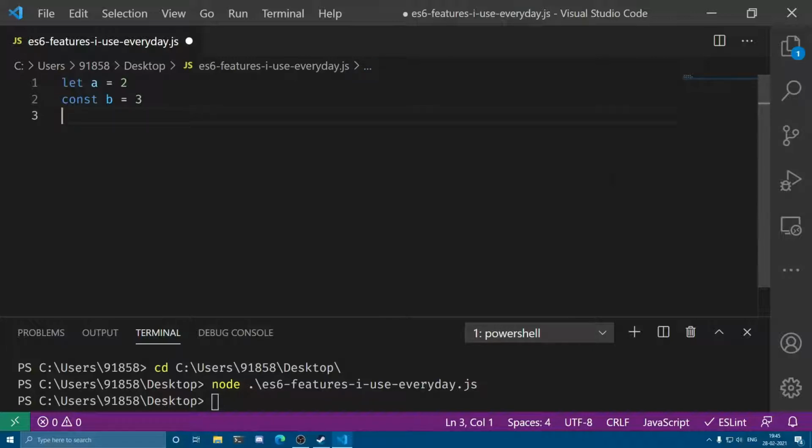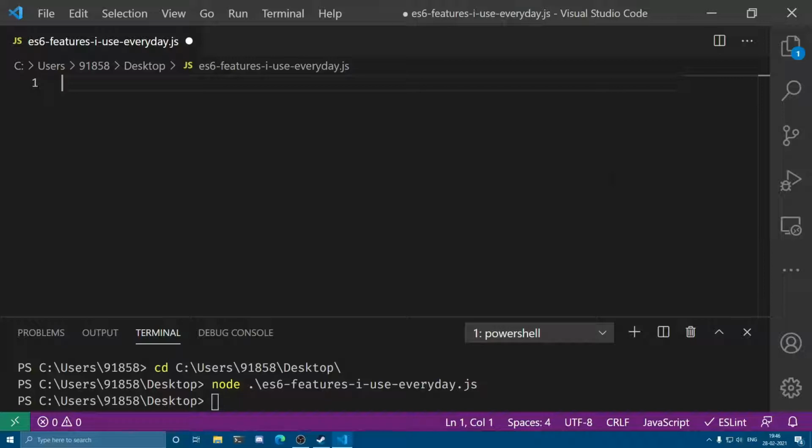So for creating my variables, I always resort to using let in case I want to reassign it to something else later in the program, or const. I use const heavily in order to create variables whose value I'm not going to change later in the program. If later on I want to change the value, I go back and change it to let. Okay, so by default I use const.